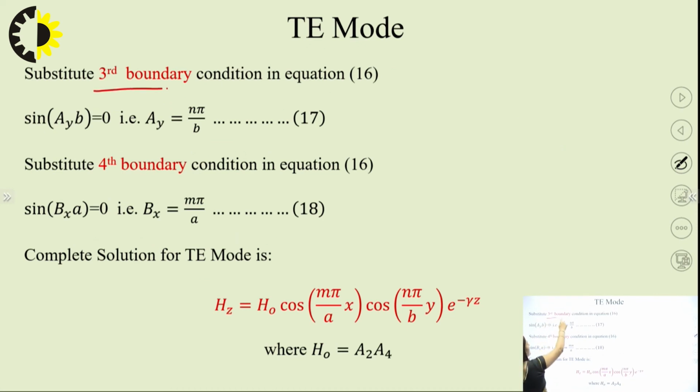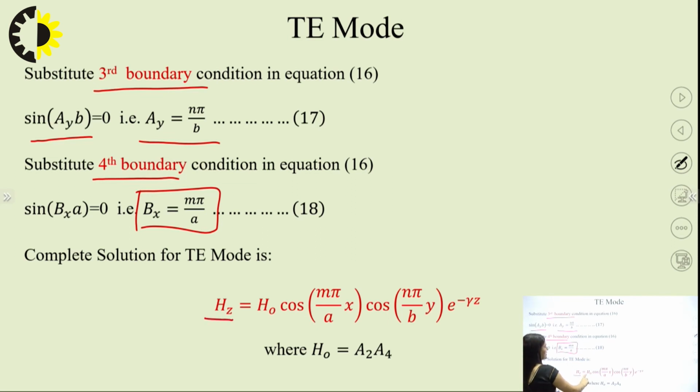Substitute the third boundary condition in this equation. It means sin(ay) is equal to 0, so ay is equal to n pi by b. In equation number 16 itself, put the fourth boundary condition and we get bx is equal to m pi by a. So the complete solution is